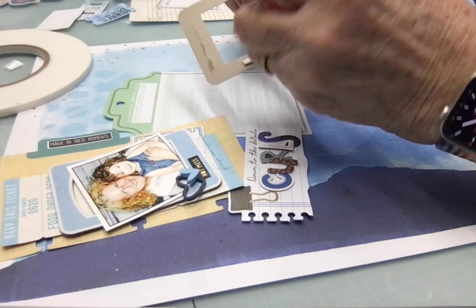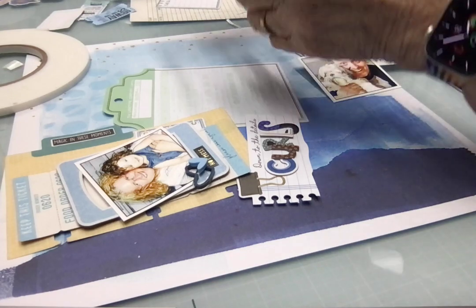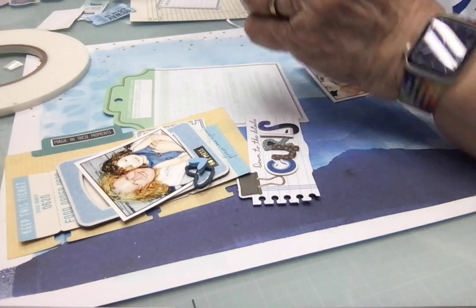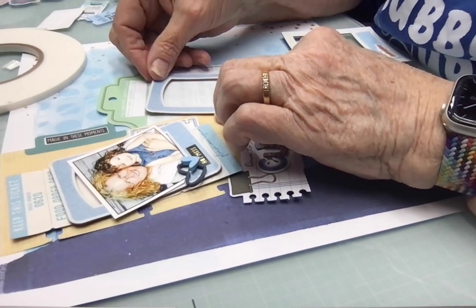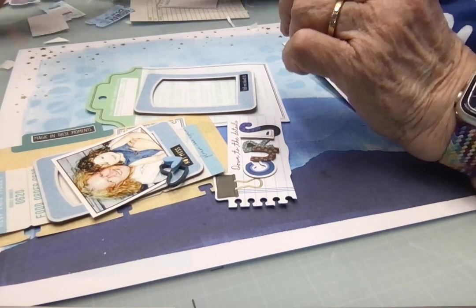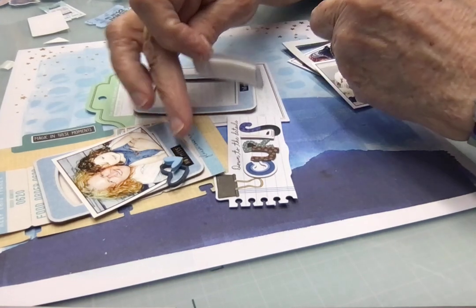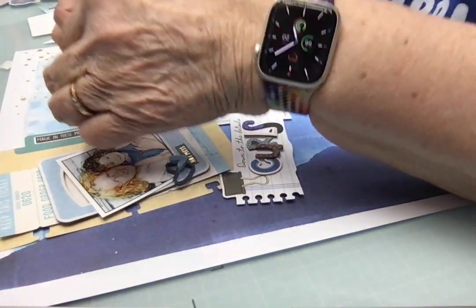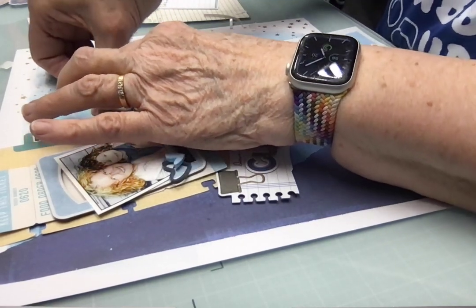Let me just get the frame on there. And then I have some tickets from the papery that I can stick out as additional layers under there. Let's see. Make sure I take the backing off of all of these. And that's going to go kind of like so. And I have this little label here. See, this little label says hot mess, and for James's photo it says tell me about it. So I'm going to put this kind of right there, just as a little